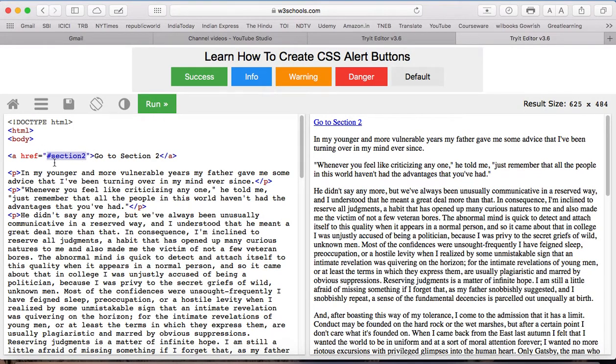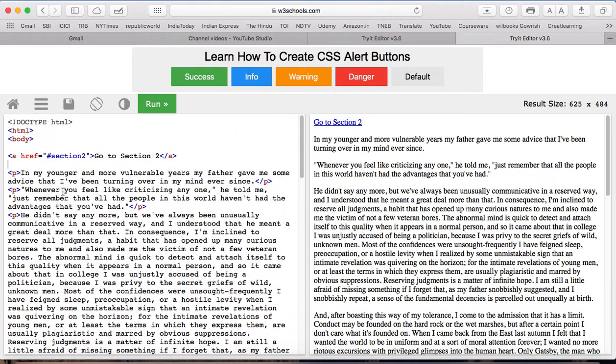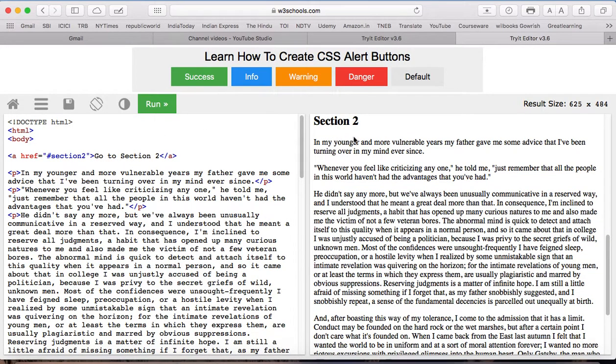Instead it is taking me to some section 2, which I have mentioned somewhere below in this document. That is prefixed by hash section 2 within the quotation, go to section 2. So if I click here, it will take me to section 2.